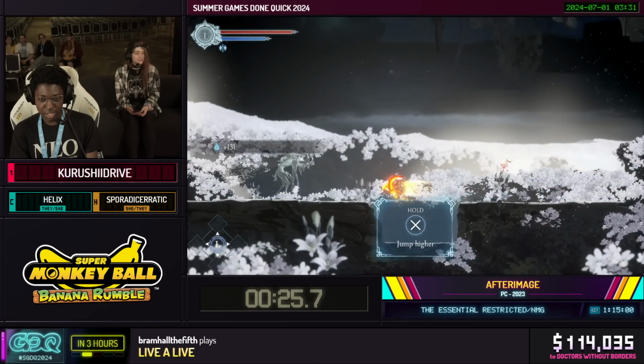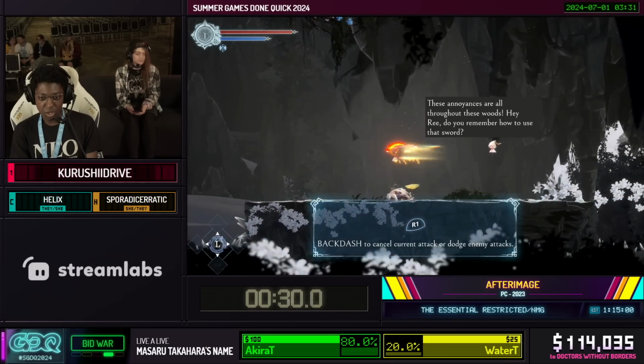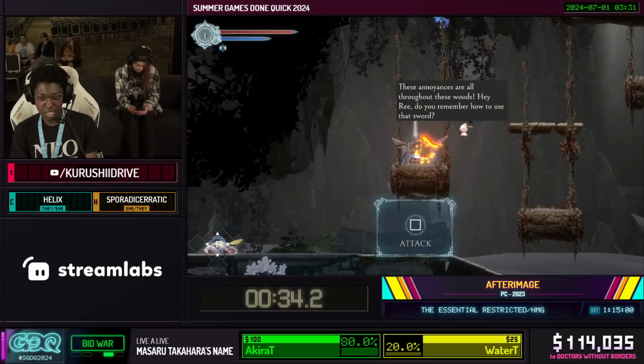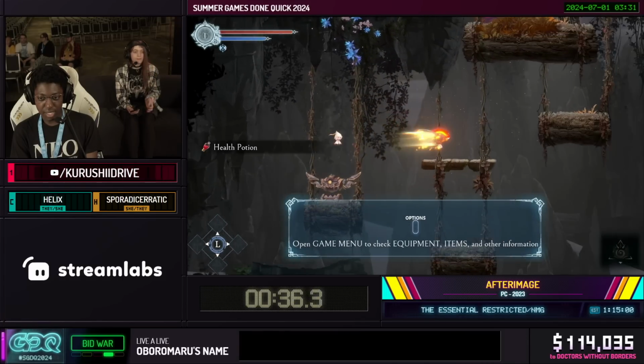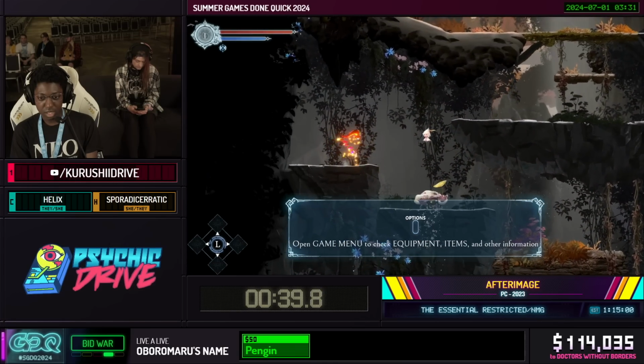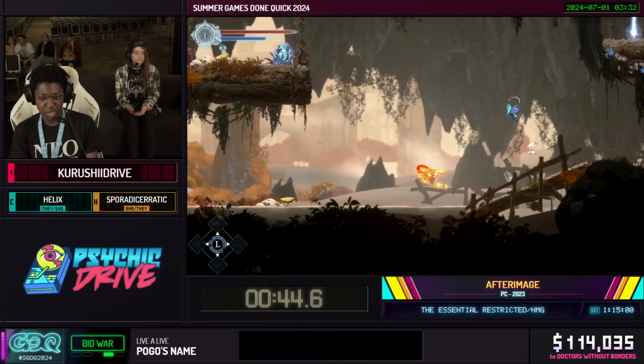We start with the dash, which is great because it allows us to move a lot faster through this section. We're already going to be collecting a couple of what are called dues, which is the currency for this game. And we're going to be using these dues for fast travel as well as enhancing the weapons that we collect along the way. But apart from that, it's just nice and deft platforming here as we approach the first boss